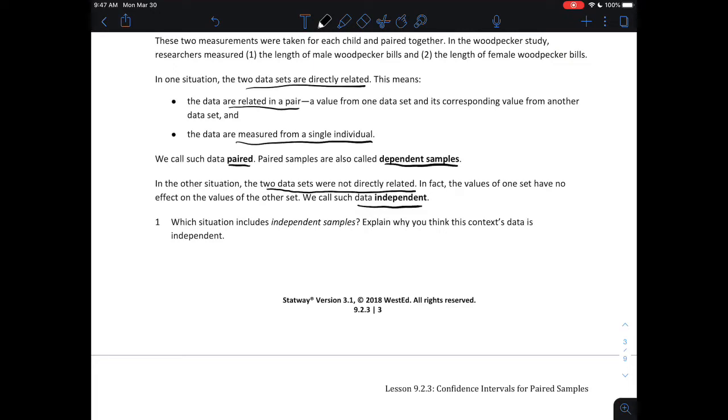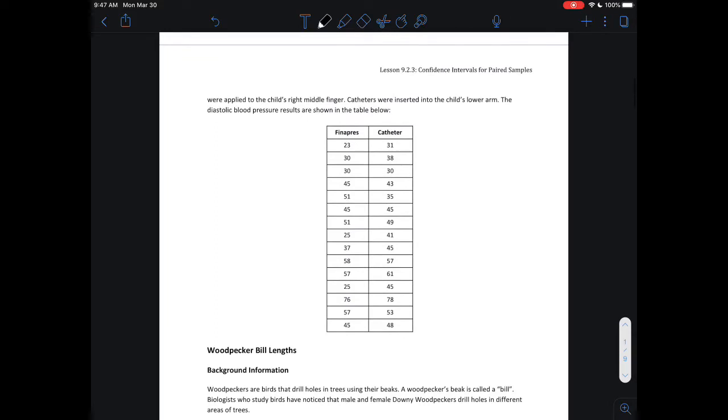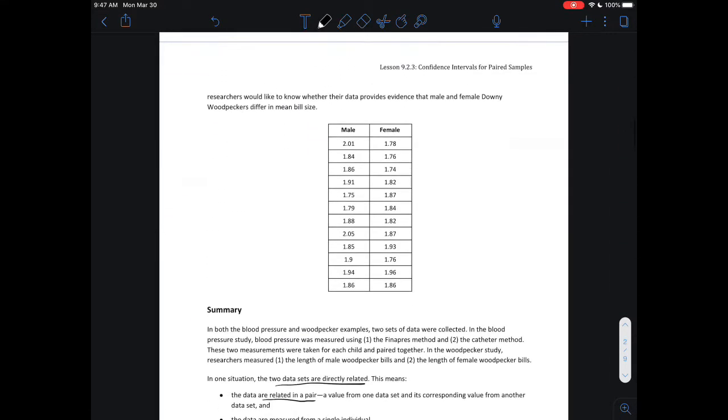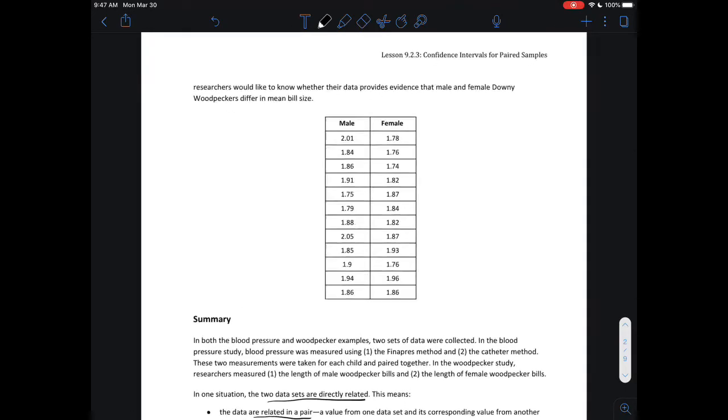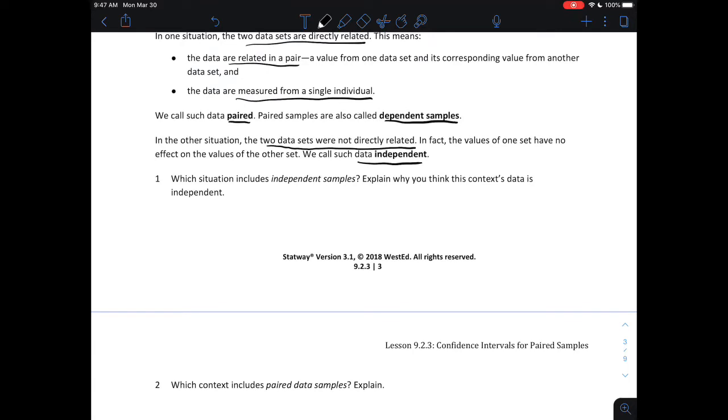Number 1, which situation includes independent samples? Explain why you think this context's data is independent. So we have two data sets. The first one, we had blood pressure readings and we had FINAPRESS and catheter methods. And remember that for each child, they had FINAPRESS cuffs and a catheter, whereas the other data set was male and female birds, and then measuring their bill lengths. So which situation includes independent samples? This would be the birds,